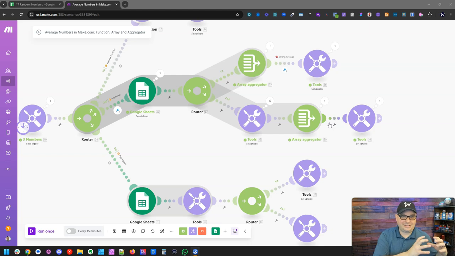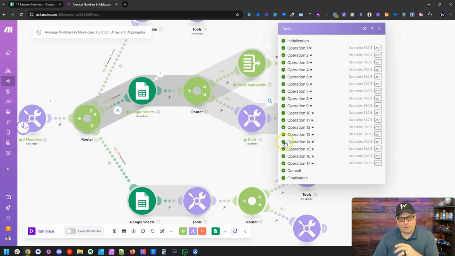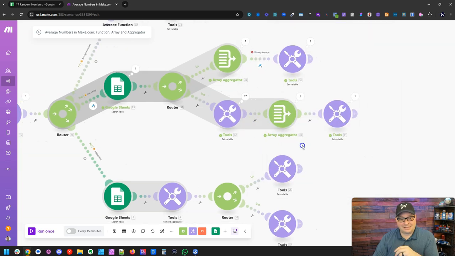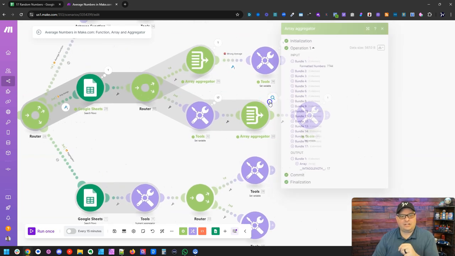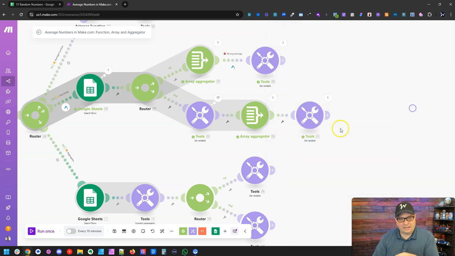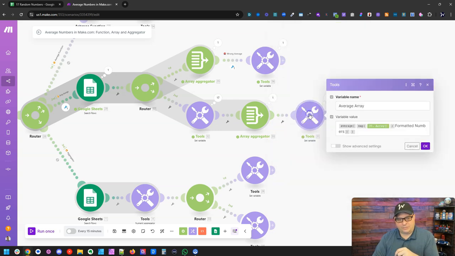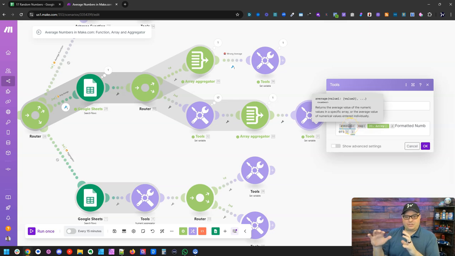Even though I have my data set as numbers in my Google Sheet, it didn't come through into Make as numbers. So it came in as text. So I simply put this module here, ran every one of them through, made them numbers, and then created my array. And if we look at our result here, first of all, I have put the average function around this,